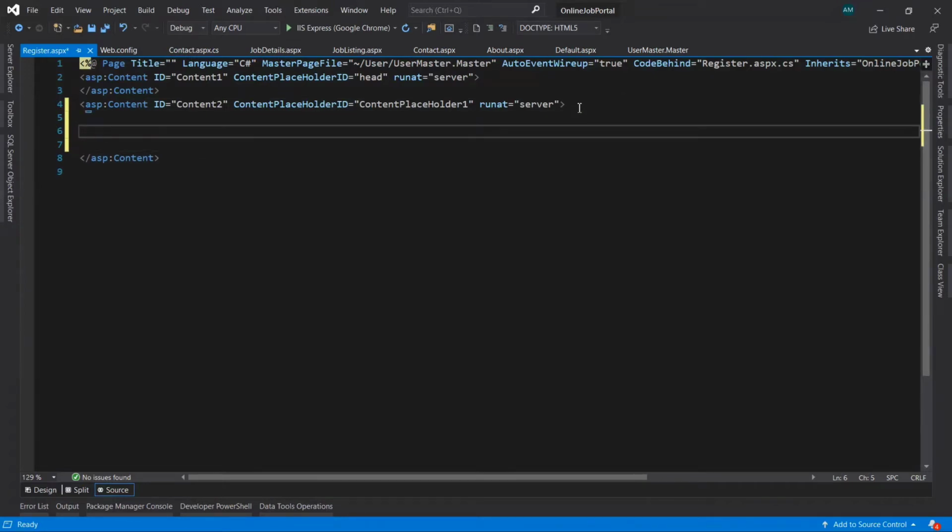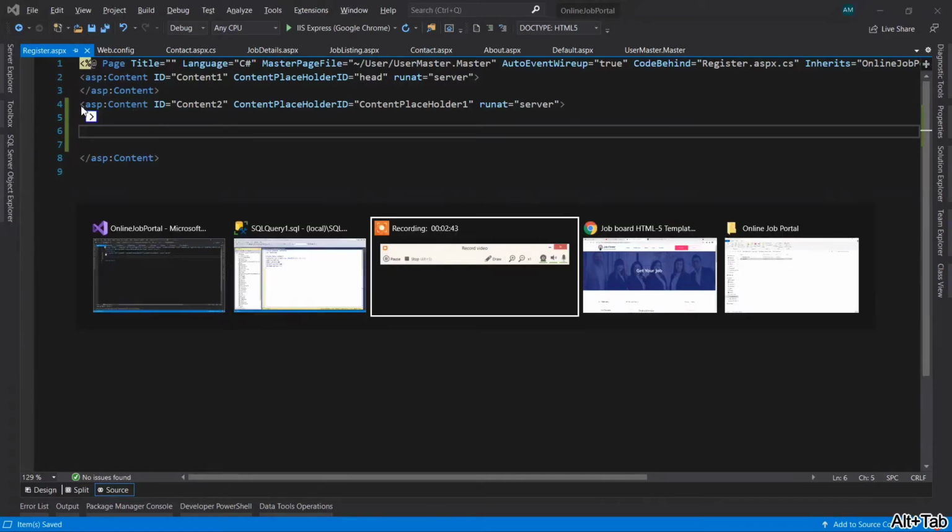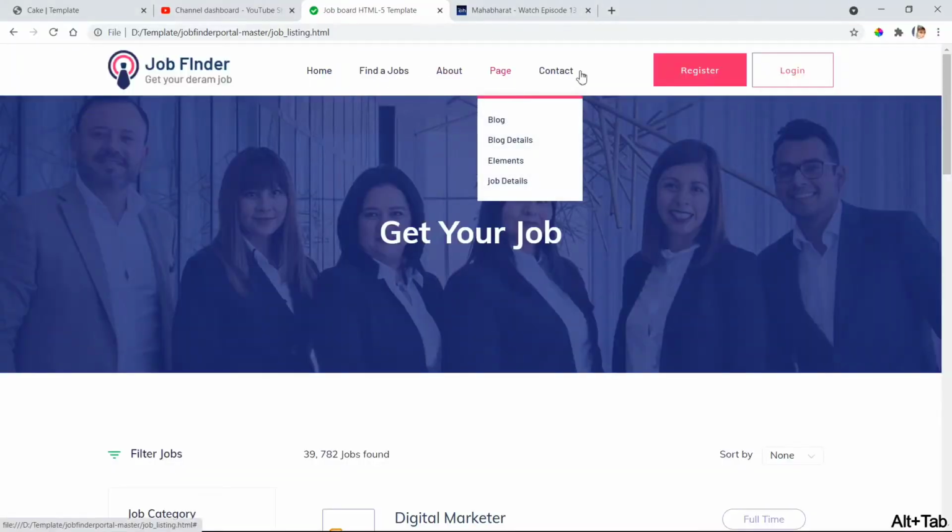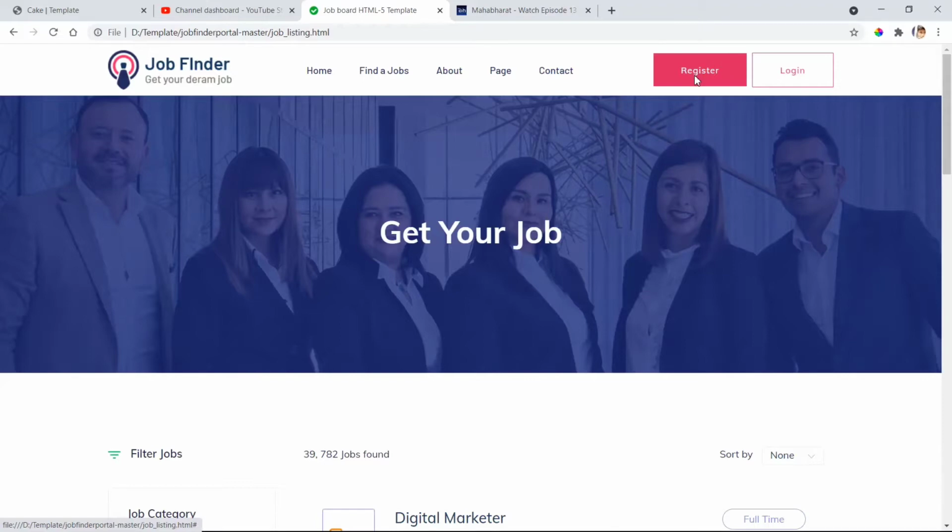Now for register we are going to design a form. As we've already seen, we don't have any page for register and login in this Bootstrap template. Click on register, there is no page that it takes to.